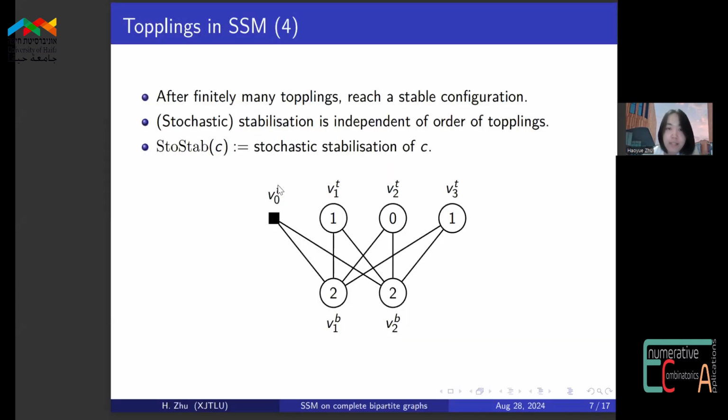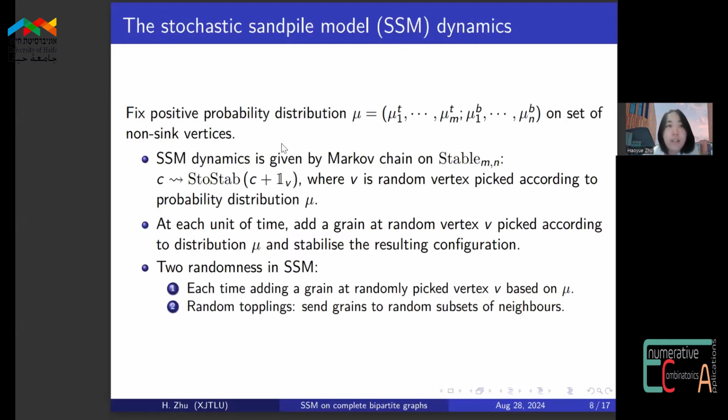So after that, we can find any vertex in the whole configuration is stable, and we reach the stable configuration. Here we use STO step to denote the stochastic stabilization of the configuration C. So after that, let's